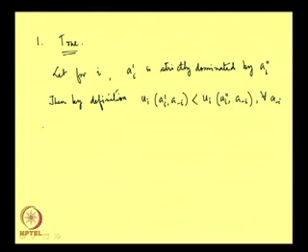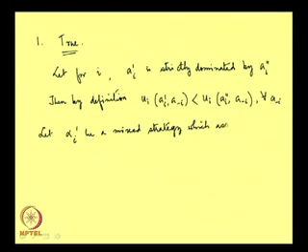Now, let alpha I dashed be a mixed strategy which assigns positive probability to this action AI dashed,